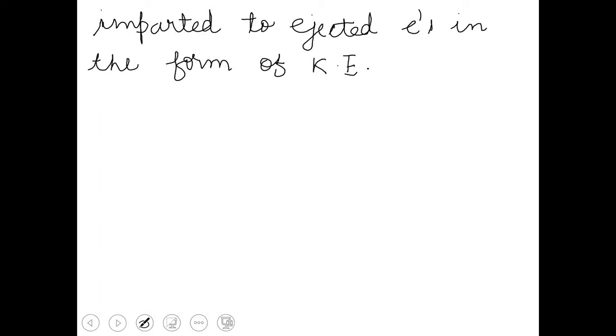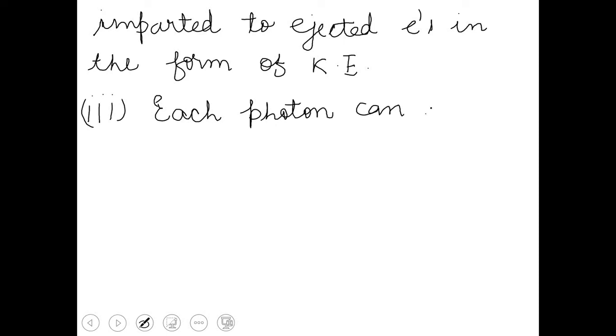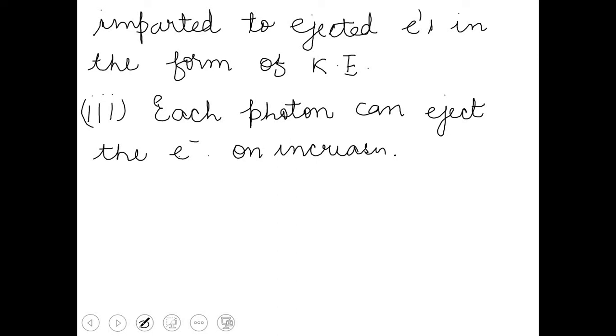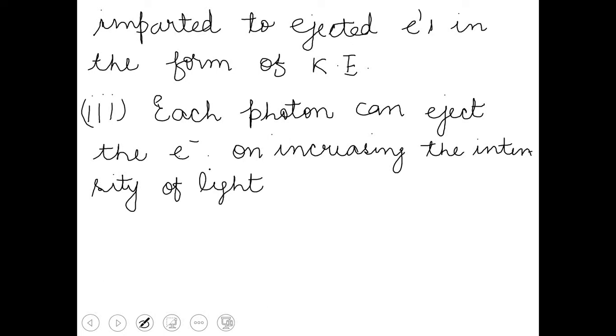Then the third point is that since each photon can eject the electron, each photon can eject the electron. So on increasing the intensity of light of a given frequency, on increasing the intensity means brightness, on increasing the intensity of light of a given frequency,